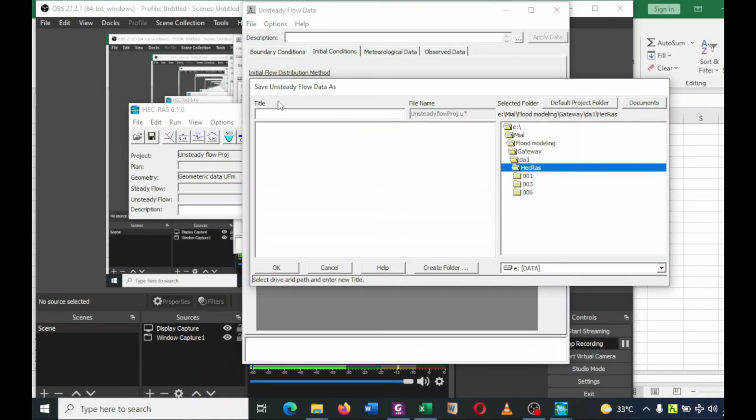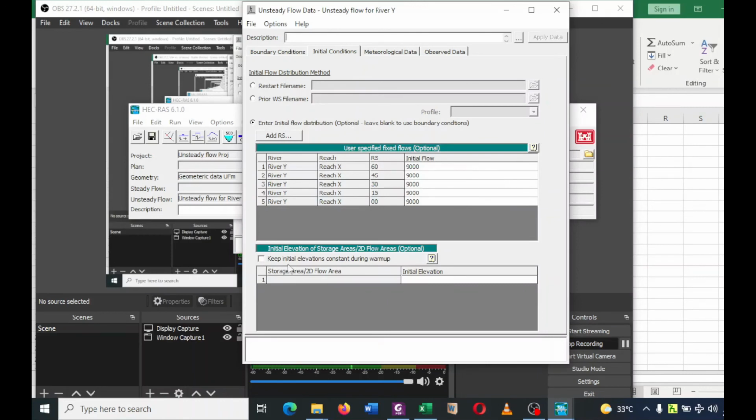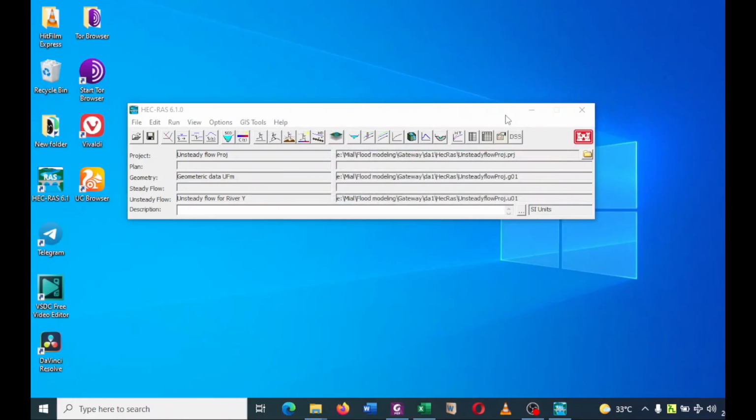Let's say unsteady flow for river Y. Unsteady flow, river Y. Let's say okay. Then close unsteady flow data. The last step